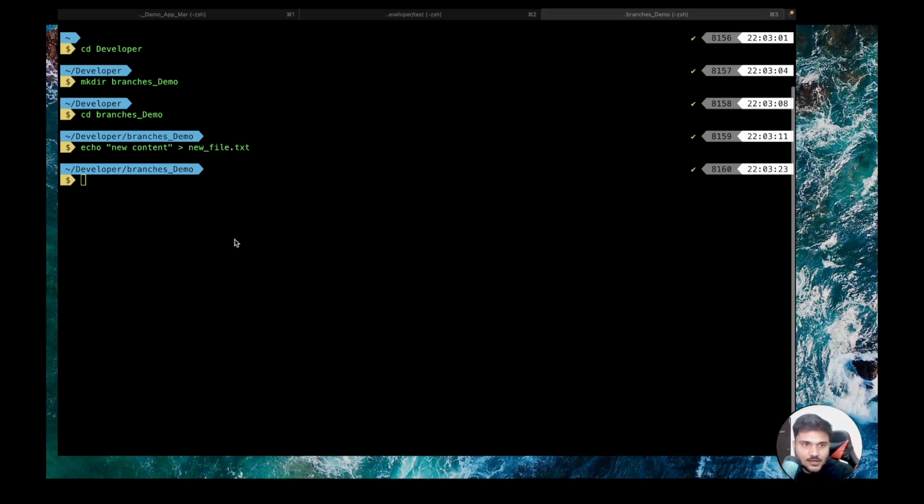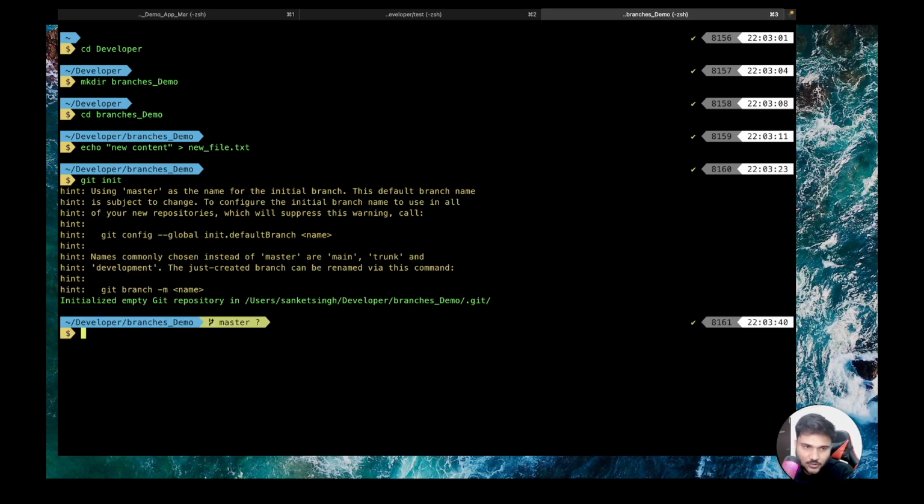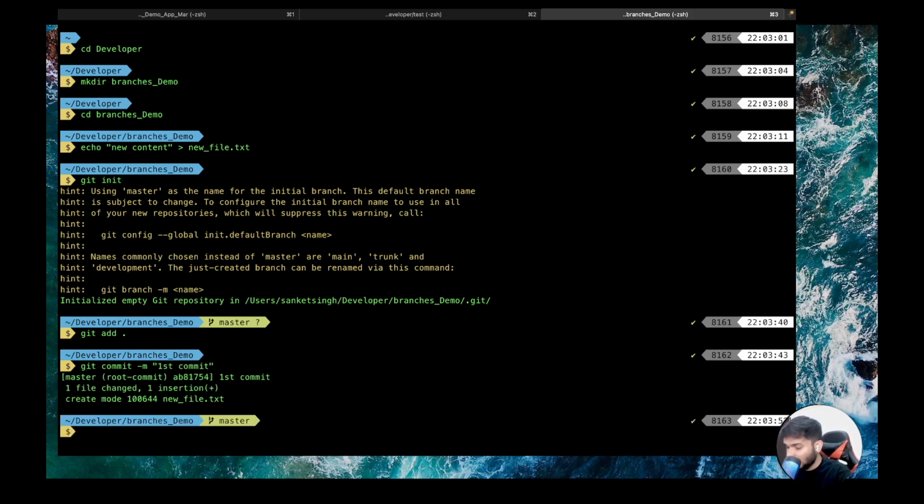Now let's say this is a new project that I'm initializing. I'll do a git init. I'm initializing a new git repository. I'll do git add all. I'll add all of the files. There is technically only one file, new file.txt, and I'll create a commit. I'll say first commit. Okay. If you do git log,